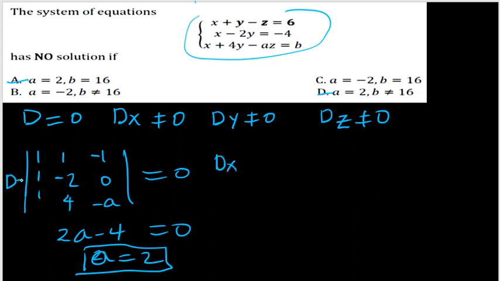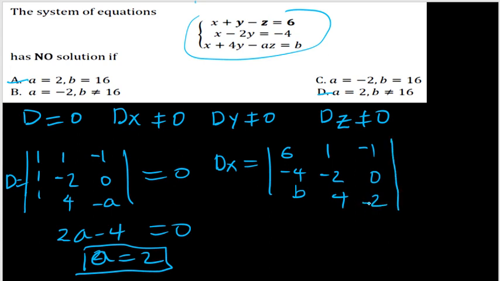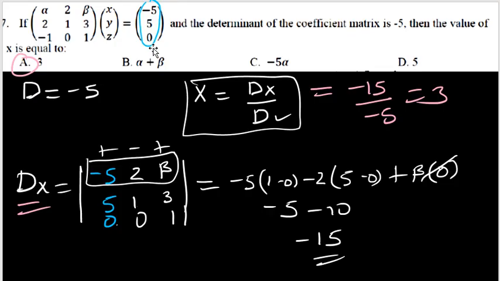This is the D. The Dx is equal to, first column will be substituted by the constants, which are 6, negative 4, and b, and the second column as it is, we will take 1, negative 2, and 4, and the last row as it is, negative 1, 0, and 2. We can take that because the a value we already got is 2. So a must be 2. So this should be different from 0. So when you calculate the determinant of this result,